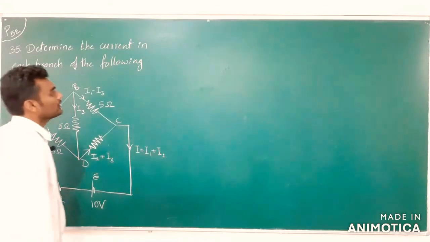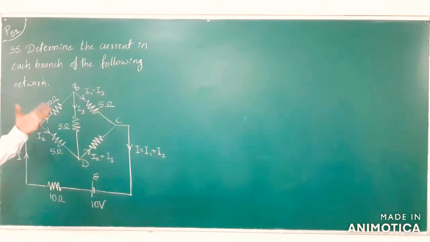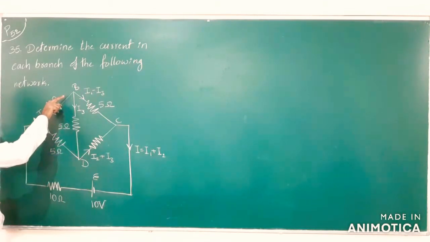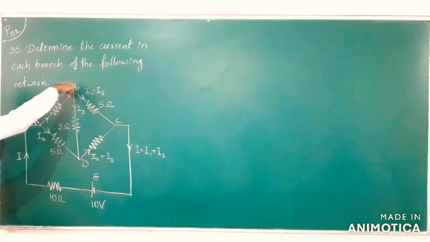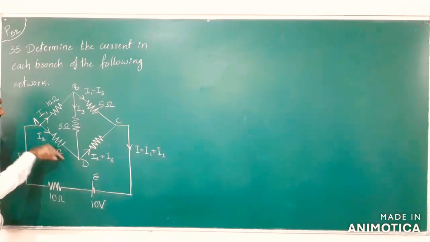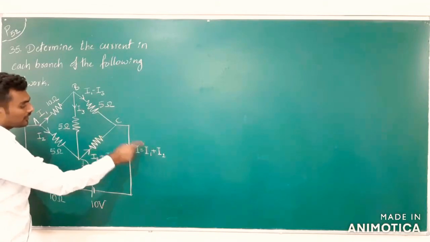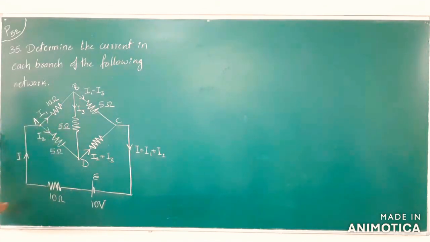Okay, let us apply the KVL. What is asked to find is a bit lengthy: the current in each branch, which means we have so many branches here. What are all the different currents that we have? I1 is one current. I1 minus I3 is the current in the branch BC. I3 is the current in the branch BD, and I2 is the current in the branch AD. I2 plus I3 is the current in the branch DC. I1 plus I2 is the current in the branch CA. So these are the currents that we need to calculate.